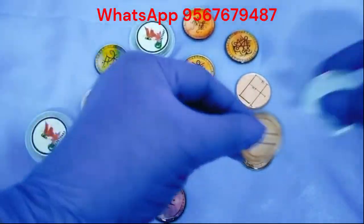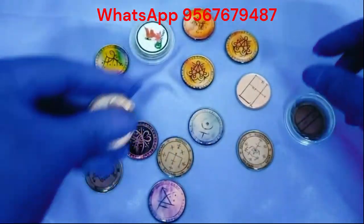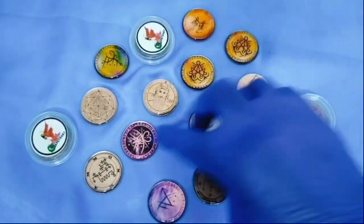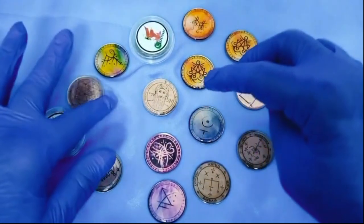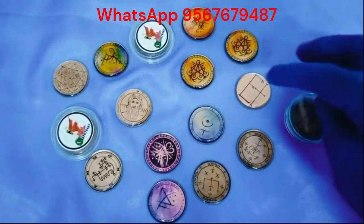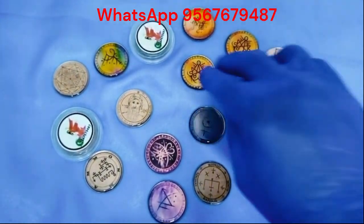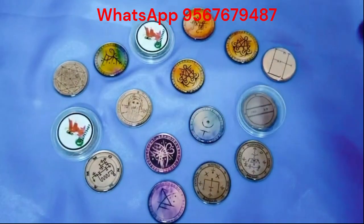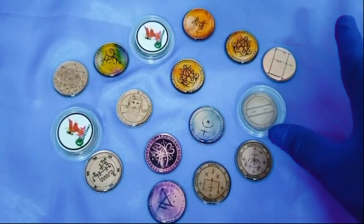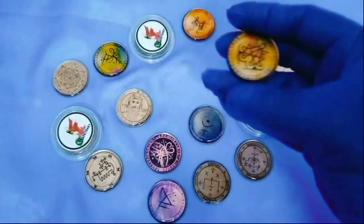So that is that. Now coming back to what I was saying. A lot of people take paper sigils. They draw on paper, or they take a printout, cut it out, and they burn it. There is a theory like that also, that you can burn the sigil for your wish. But the most powerful method I have found, and through experience I am telling you, this is the best method of using a sigil, is